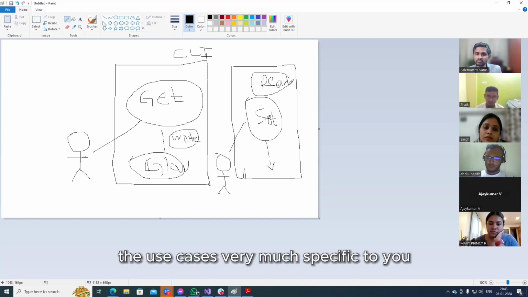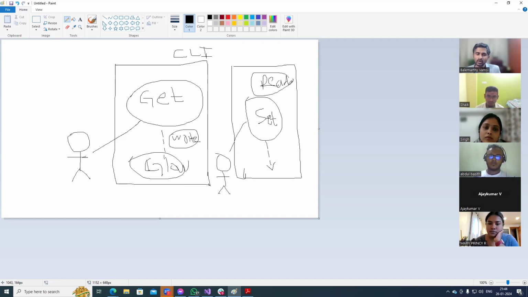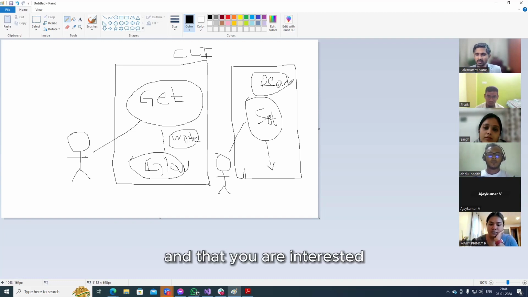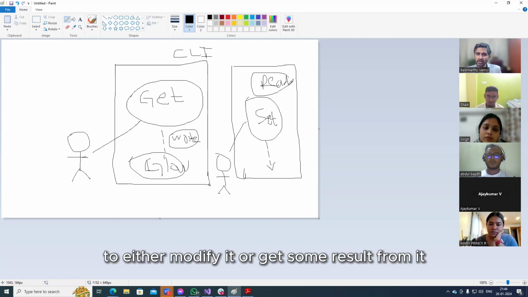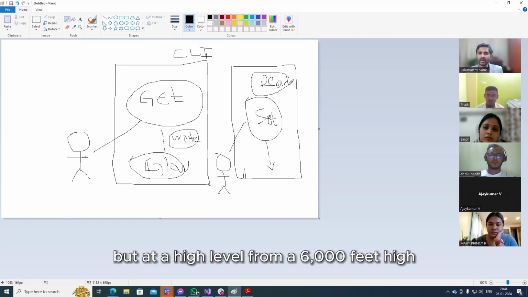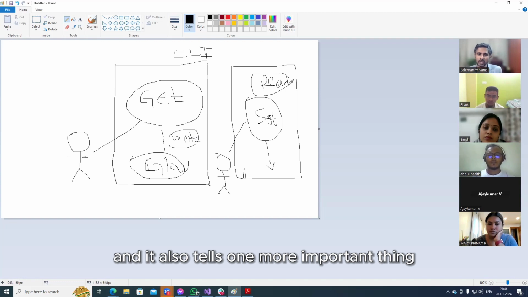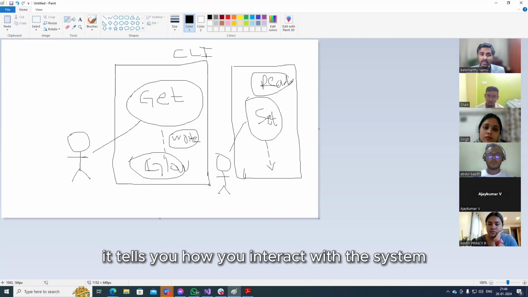The use case is very much specific to what you want to do or what the application can actually do for you, and that you are interested to either modify or get some result from. But at a high level, from 6,000 feet high, this is what you are doing. And it also tells you one more important thing. It tells you how you interact with the system.